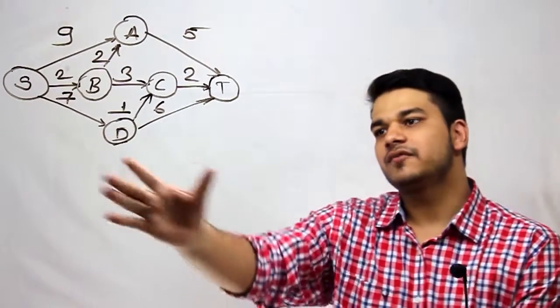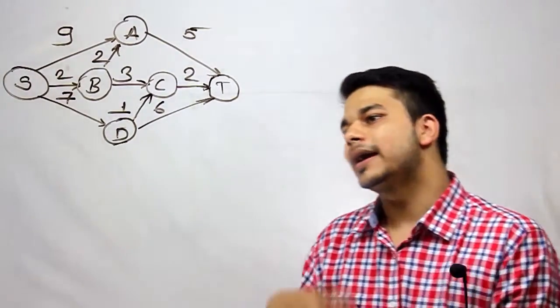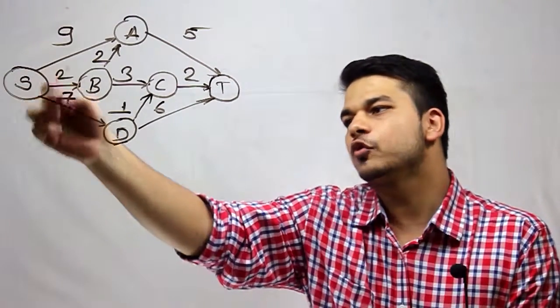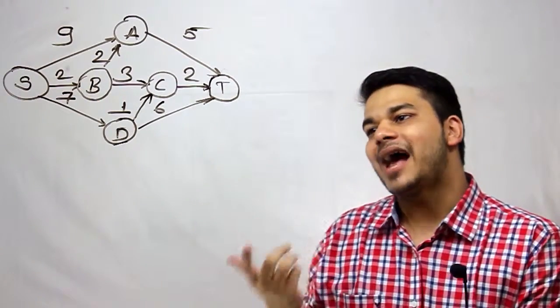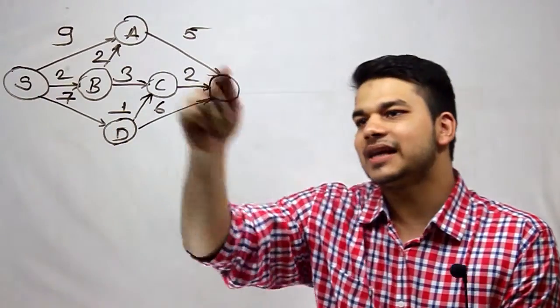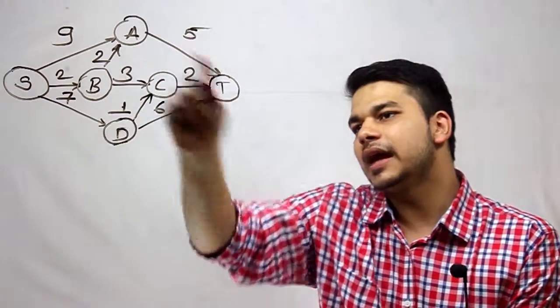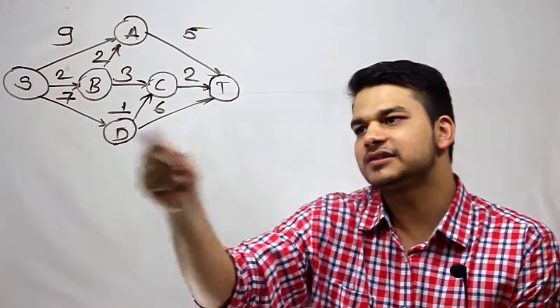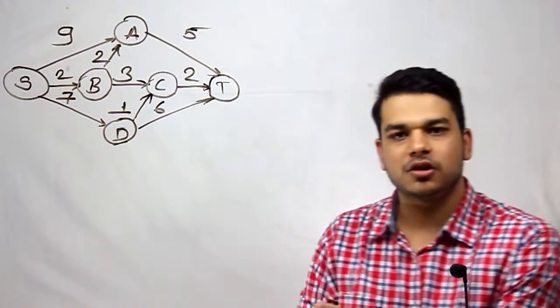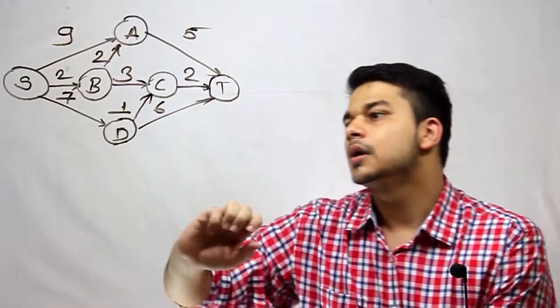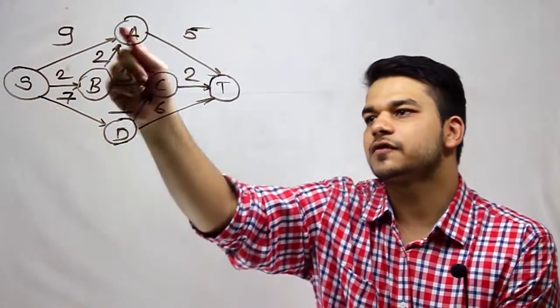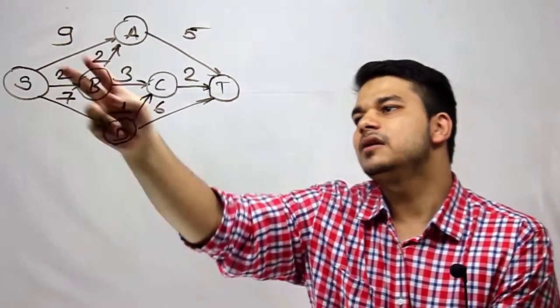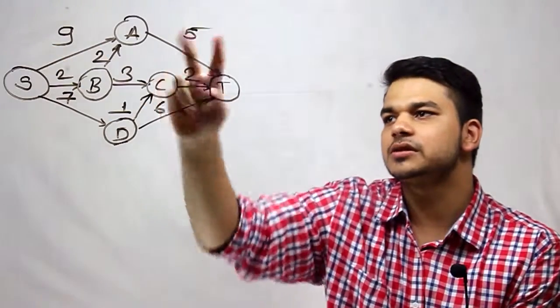So I have drawn the diagram which is given to us in the problem. It has been stated that we have to go from S to T. The available routes are SAT, SBAT, SBCT, SDCT and SDT. Okay, and the cost of fuel is given to us. So for example, the cost from S to A to T will require 9 rupees plus 5 rupees plus the